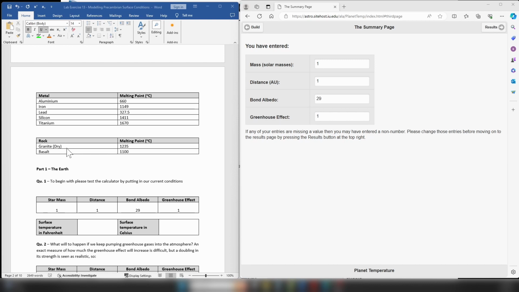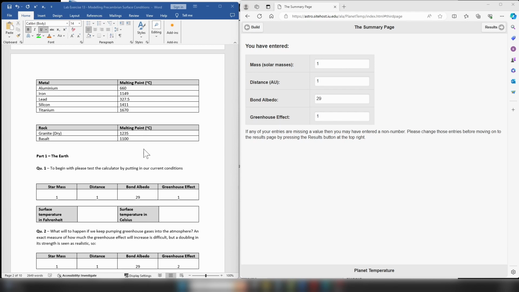So the granite on the surface is going to be pretty dry, not a huge amount of water. So when we're talking about what's going to happen to the Earth's surface during this time period, we're going to start thinking about, is it going to melt? Is the temperature going to get above the melting point for either granite or basalt? If it gets above the melting point for granite, obviously the continental crust is going to start melting. If it gets above the melting point for basalt, the oceanic crust is going to start melting.